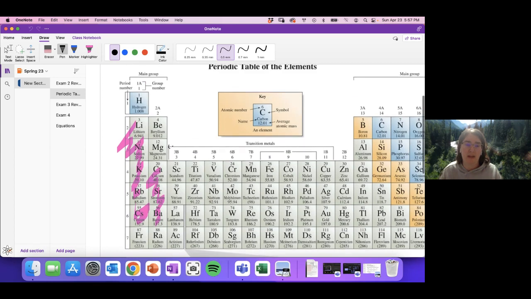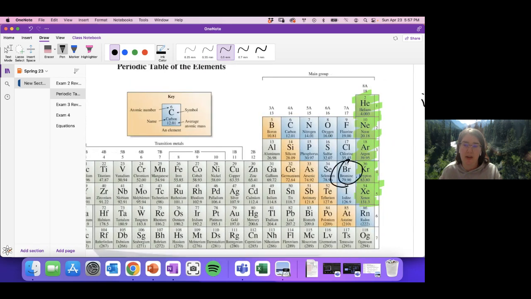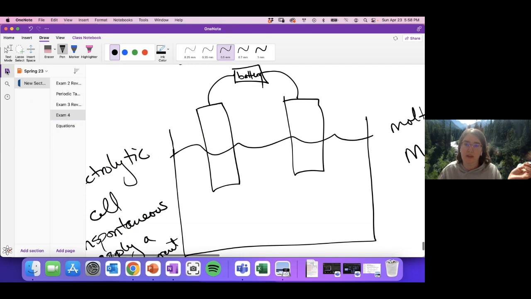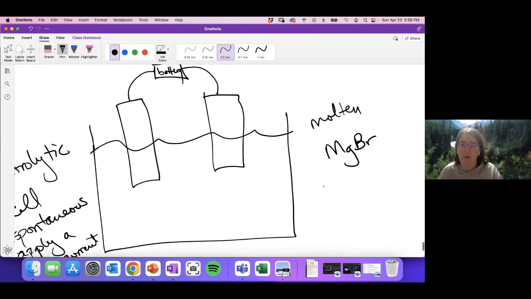We haven't used the periodic table yet. Here's magnesium. It's in the alkaline earth metals. There's bromide. It's a halogen. So because I know all of that, I know that I'm starting with magnesium 2+ and I'm starting with bromide